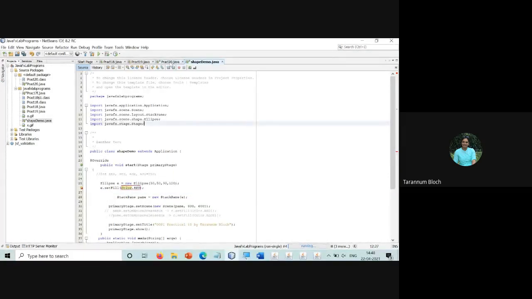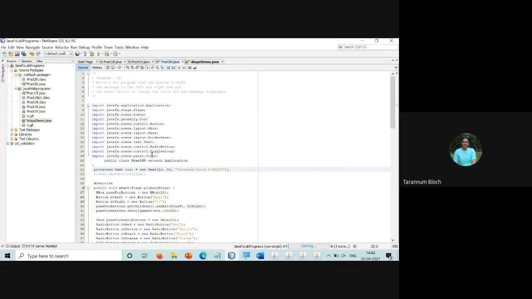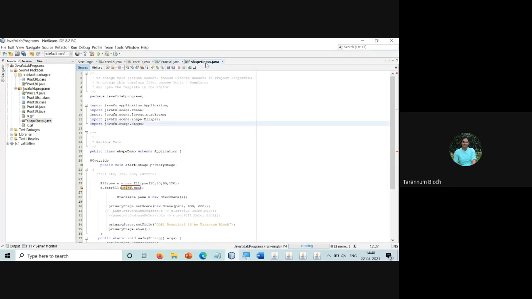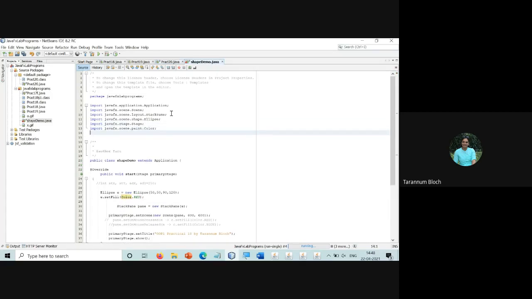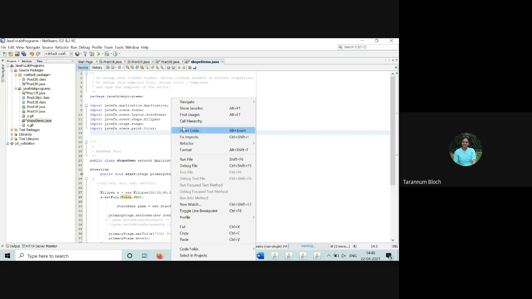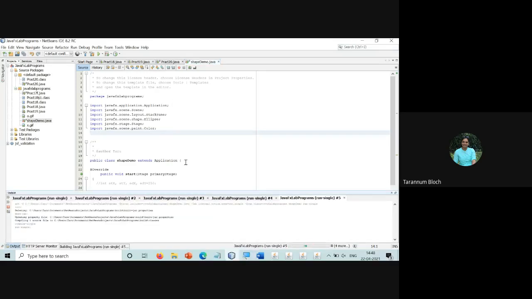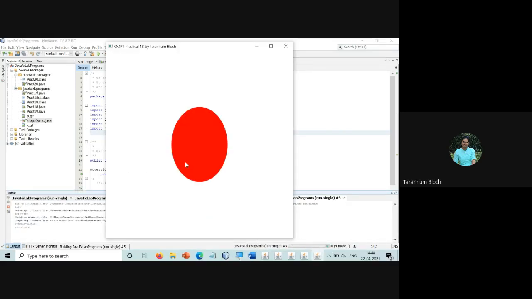For that I need to include the Color class, so we'll import javafx.scene.paint.Color, and we added the setFill for the ellipse. Can you see the red color? Fine.